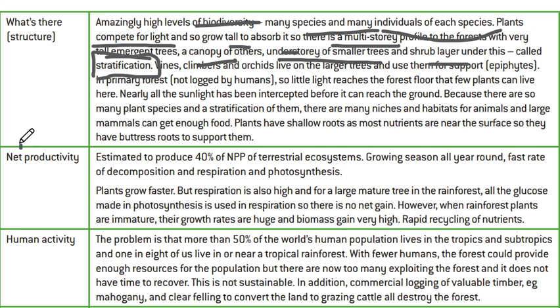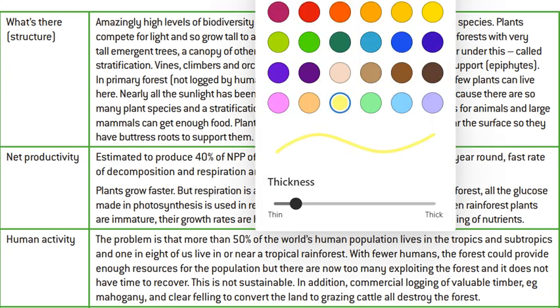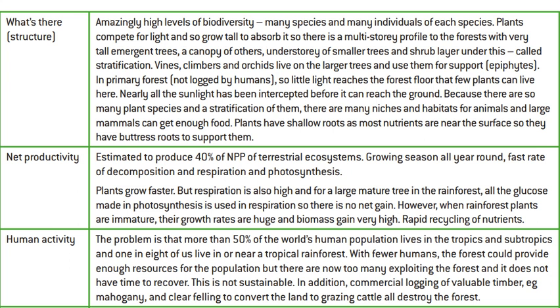So there is a shrub layer, there are small trees, there are emergent trees, and then there are tall trees. So that's how it'll be very dense, I would say. To be precise, these are very dense places. After that, there are also vines, climbers, and orchids on the larger trees, to support them, called epiphytes. So we have two words, stratification and epiphytes. And these epiphytes are important to support the bigger trees.